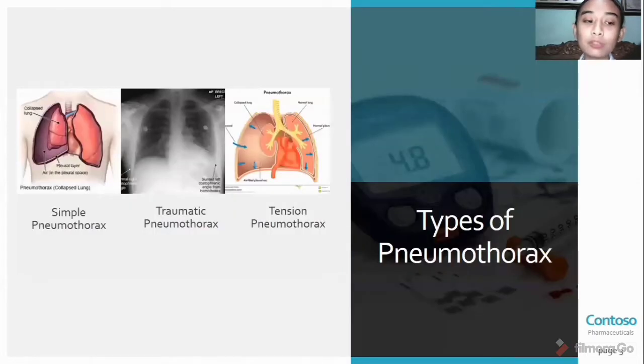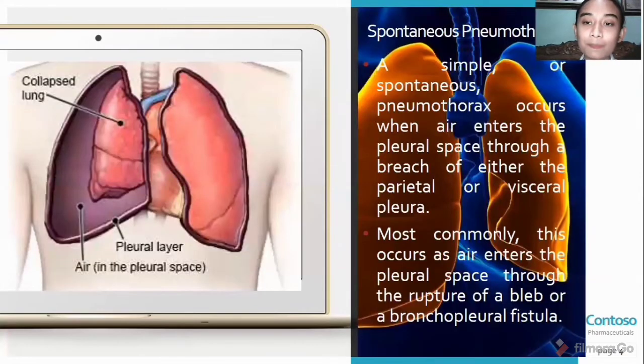There are three types of pneumothorax: simple or spontaneous pneumothorax, traumatic pneumothorax, and tension pneumothorax. Spontaneous pneumothorax or simple pneumothorax occurs when air enters the pleural space through a breach of either the parietal or visceral pleura. Most commonly, this occurs as air enters the pleural space through the rupture of a bleb or bronchopleural